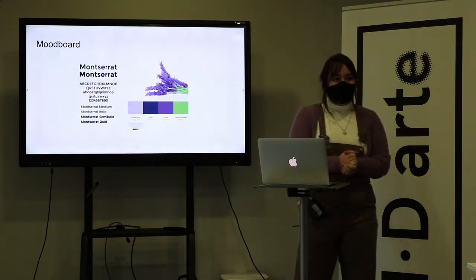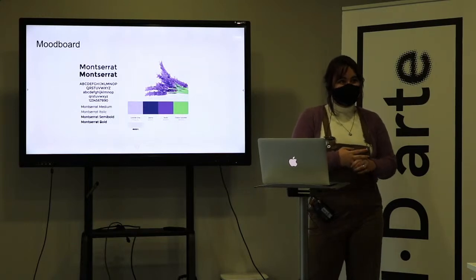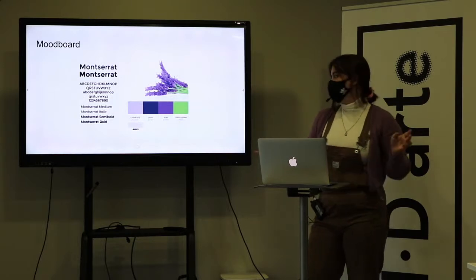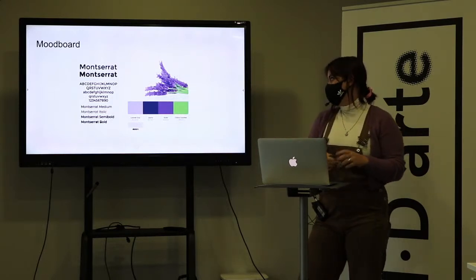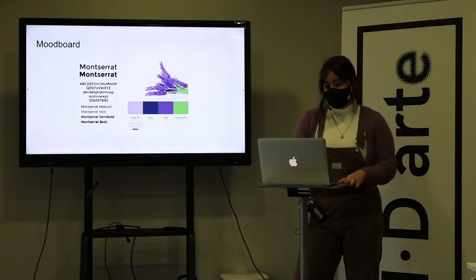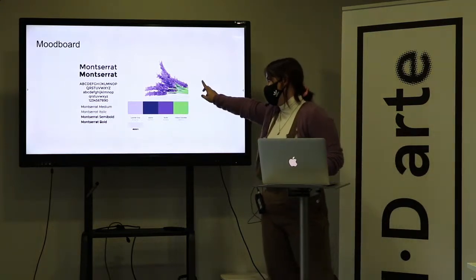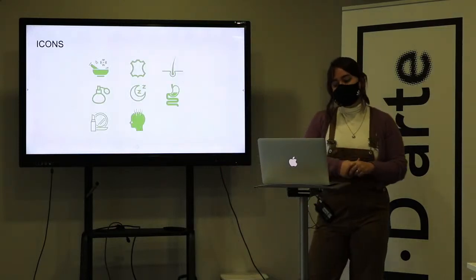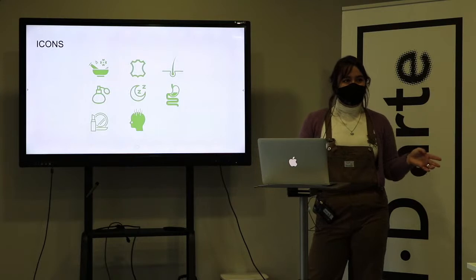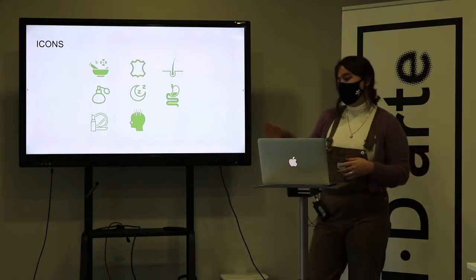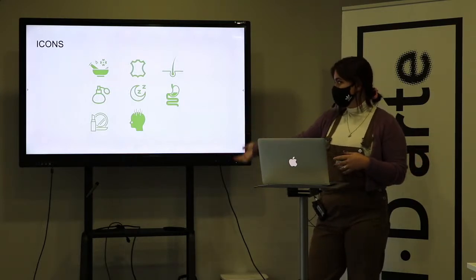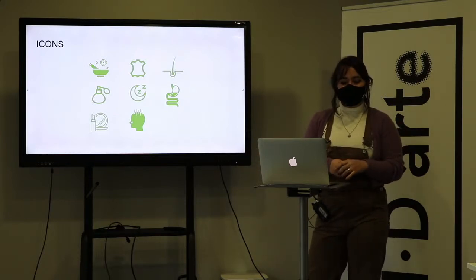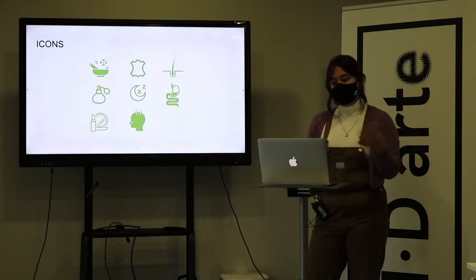After making two briefings, one for the plants and another for the museum, we created a mood board to choose the type and the colors we were going to use. The colors were taken from a picture of lavender. We also created some icons to use in all of the applications. These icons represent the properties of the plant, and they are green because we used a lot of purple in all of the infographics, as you will see later on.